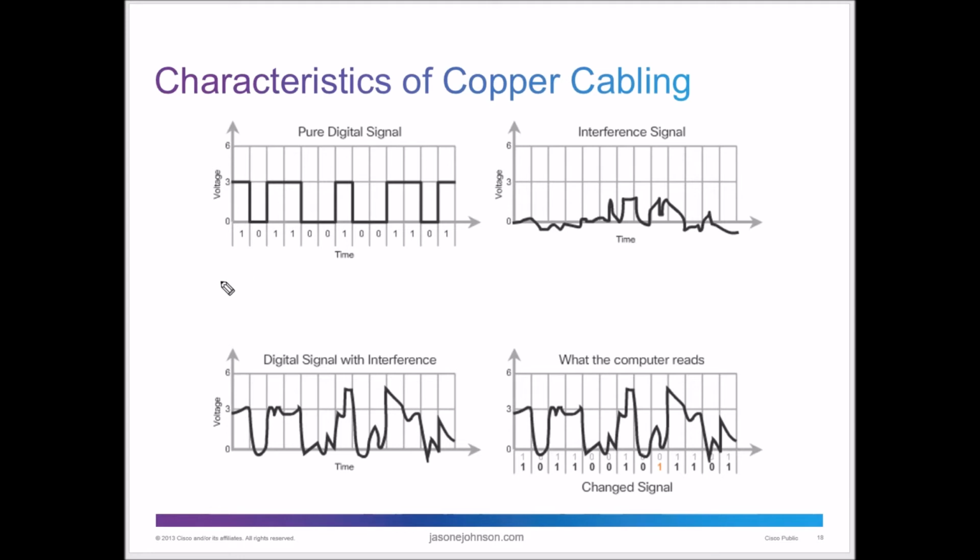So you've got some different characteristics here. You've got a pure digital signal that's going through. This means that you've got a good signal going through. You've got good ones and zeros that are being, again, this is your timing. This is your timing of your network. And you've got these devices, these signals going through that's giving you good ones and zeros.